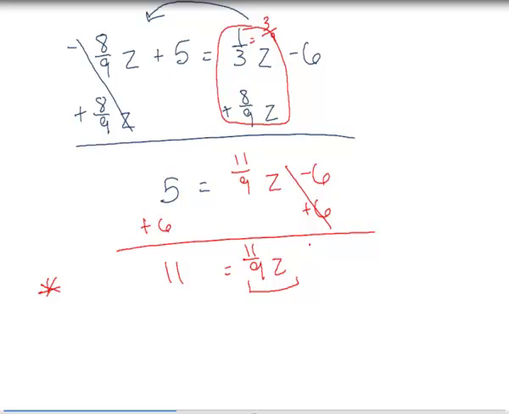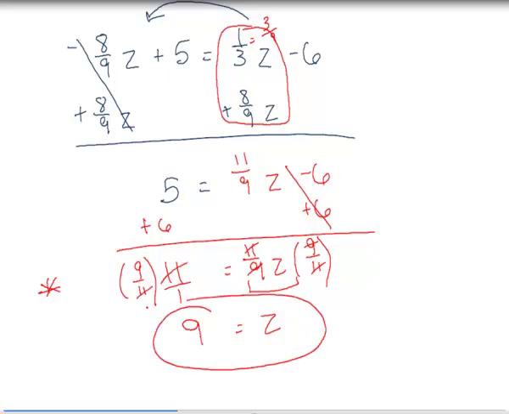9 over 11. So if I multiply this times 9 over 11, these 9's cancel, these 11's cancel, and I have just z. But remember, you have to do the same thing on both sides. Okay, so this 11 is going to have to go over 1. These 11s will cancel, and I get 9, which I think is the same answer I got when I did